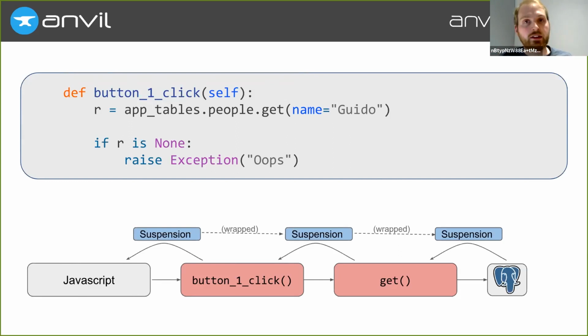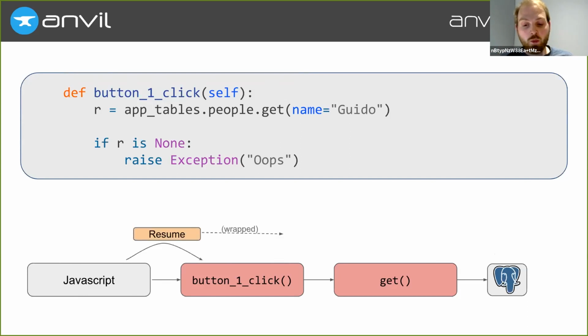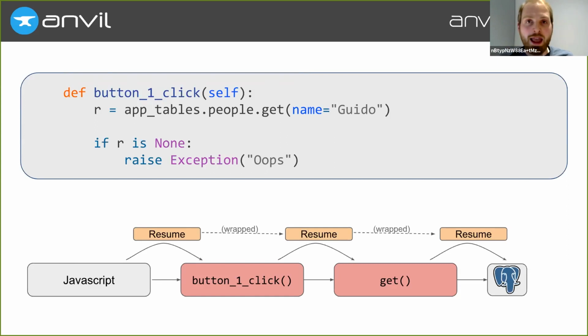And then a few milliseconds later, when the database comes back, we can do the whole process in reverse. We can resume that suspension, which is a way of calling the button one click function, but with flags to say, actually, you're not being called, you're just being resumed with this suspension. At which point it will restore all its locals, restore all its temporaries, jump to the right point of the function, and resume its inner suspension: restore, jump, resume inner suspension. The database will go, oh, well, I have data now, and just return normally, and we're back to normal execution. So that is how we compile blocking Python to non-blocking JavaScript to make Anvil easier to use.